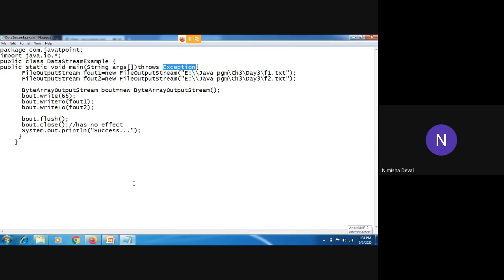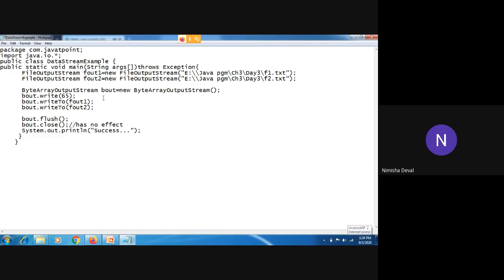Now see, we have already covered file output stream in the previous lecture. According to that, we have created an object of file output stream, then the path of your text file with its name. Here two files have been created, so two objects are created to access these files, because we have to write the same value in the two files.